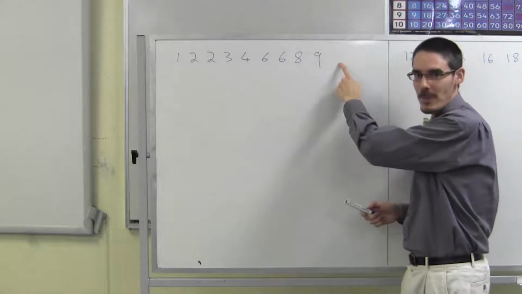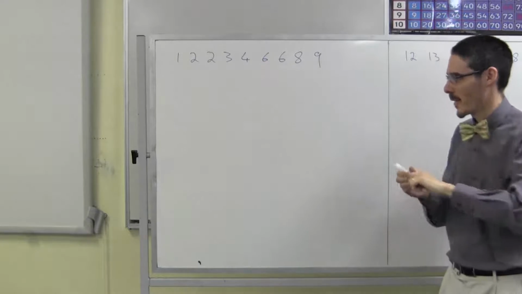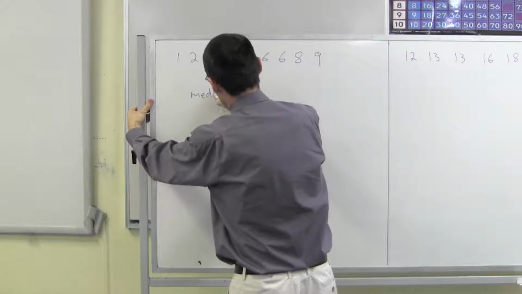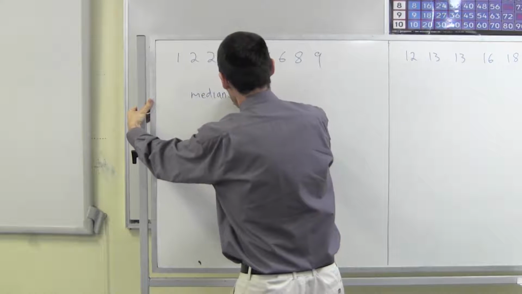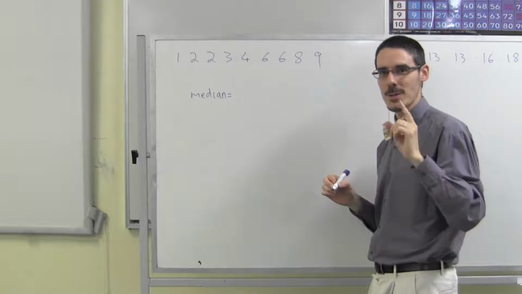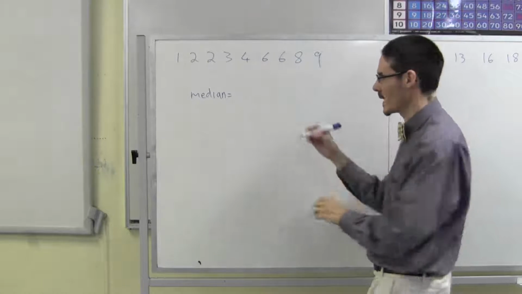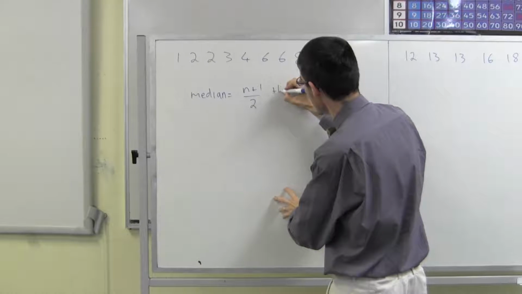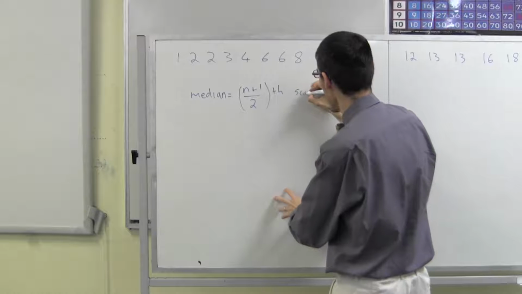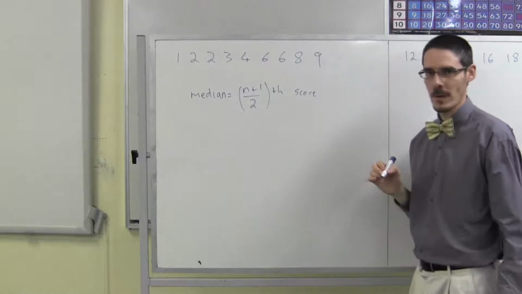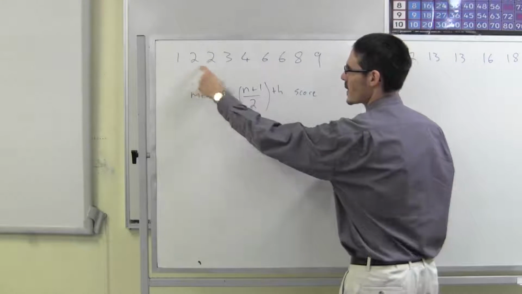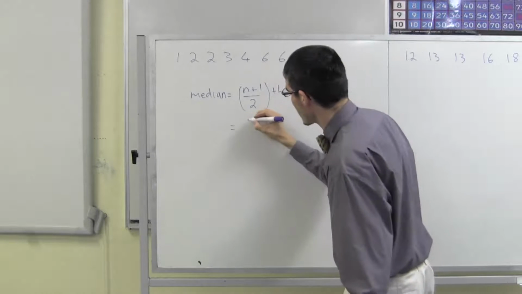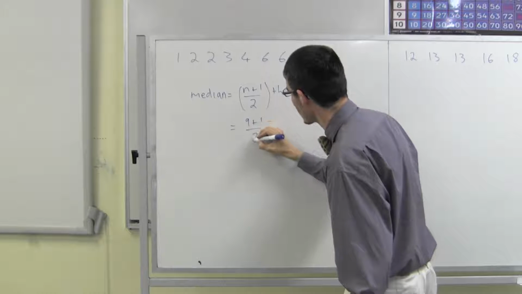Here were the numbers we had a moment ago. So, the median is, now remember this formula tells you the position of the median, not the median itself. It is the (n plus 1) over 2th score. Well, how many scores are there? 1, 2, 3, 4, 5, 6, 7, 8, 9. So that's the (9 plus 1) over 2th